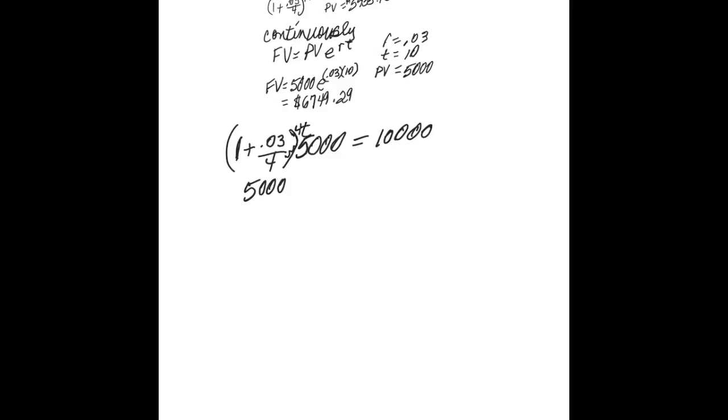Okay, so 5,000 times 1 plus 0.03 divided by 4 raised to the 4t. When is that going to equal $10,000? So we divide both sides by 5,000 and we get a 2. And over here we have 1 plus